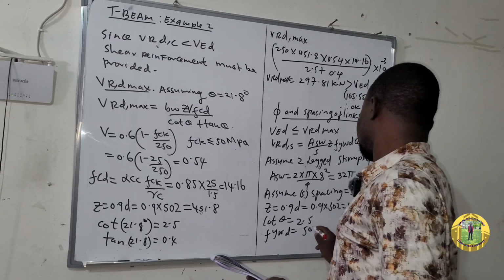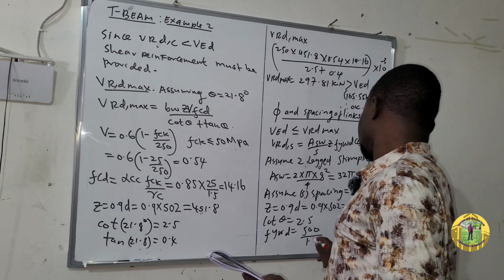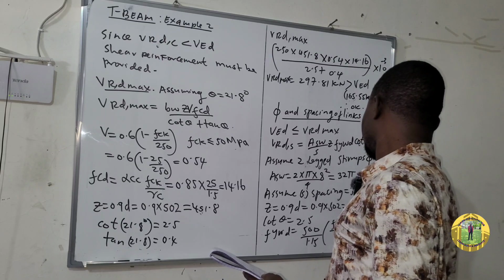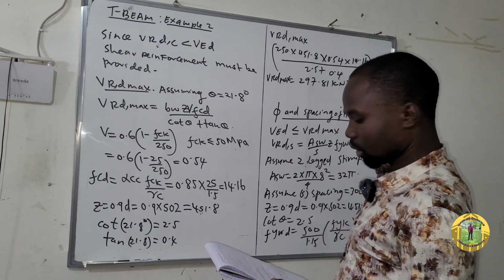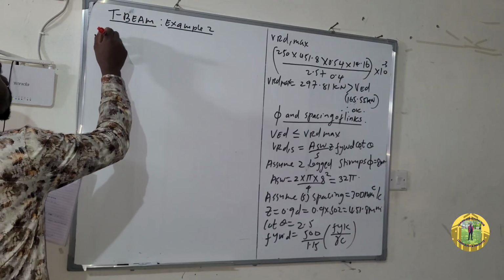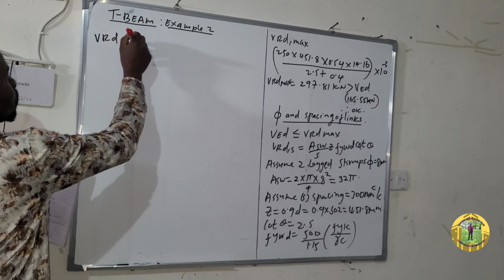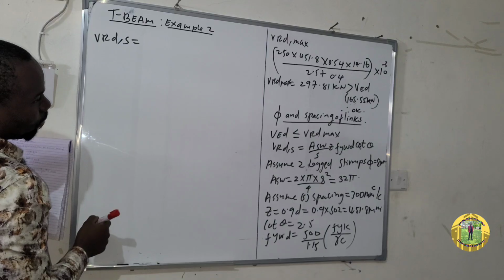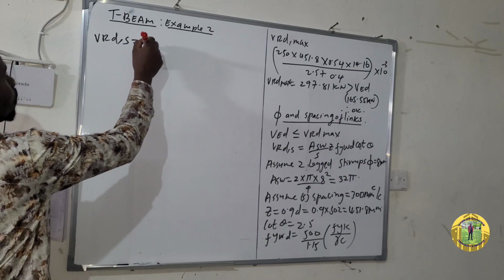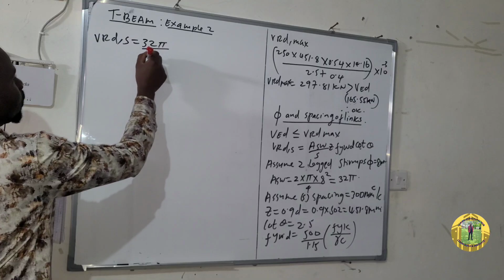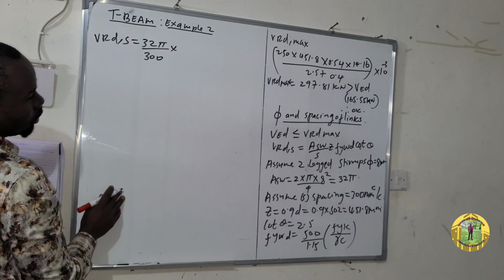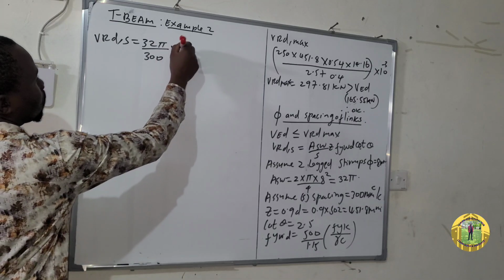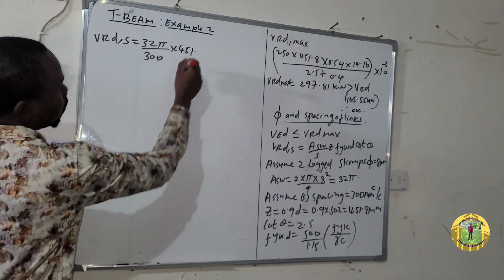FYWD is equal to 500 over 1.15. So the formula is FYK all over the partial safety factor for steel. So VRDS is equal to, let's put everything in the formula. ASW is 32 pi, all over spacing is 300, times Z is 451.8,